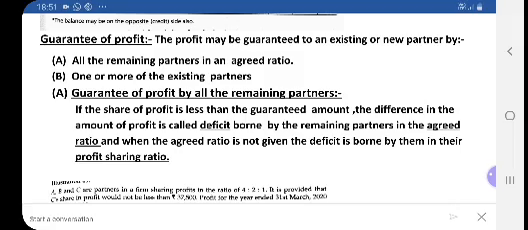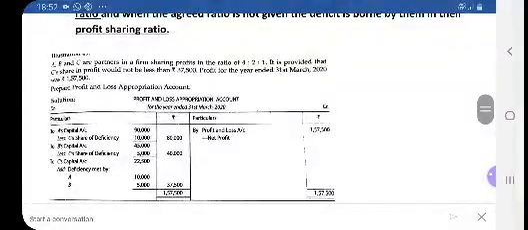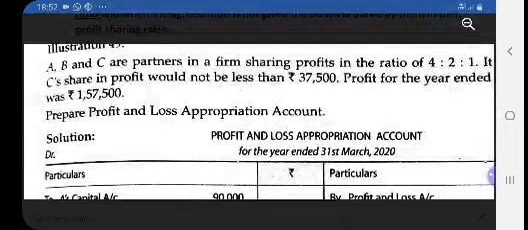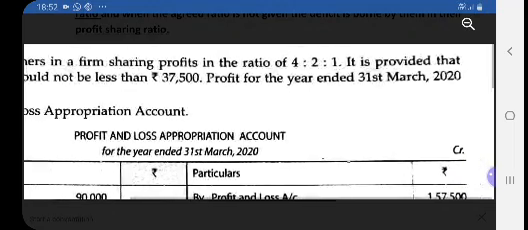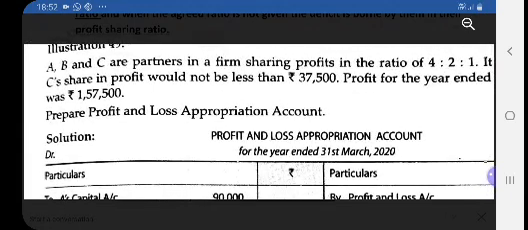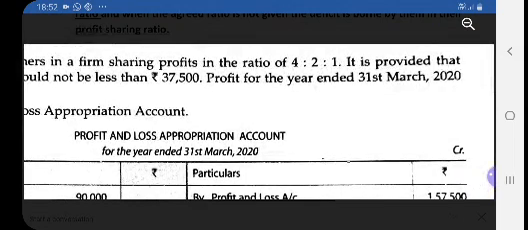Let us discuss this topic with an example and solution as well. This is a question. A, B and C are partners in a firm sharing profit in the ratio of 4:2:1. This is the profit sharing ratio, and it is provided that C's share in profit would not be less than 37,500. So how much guaranteed amount is given in the question? It should not be less than 37,500. And the profit for the year ended 31st March 2020